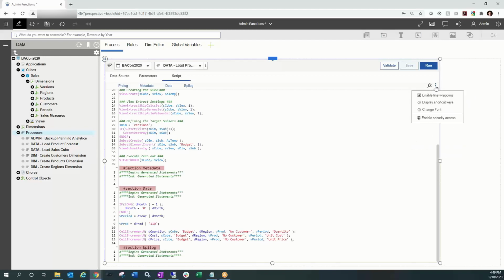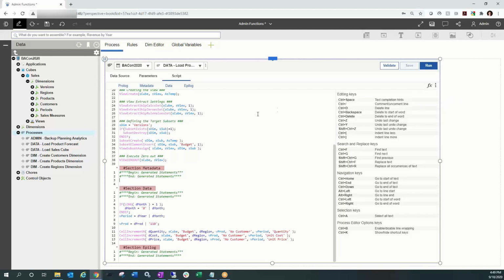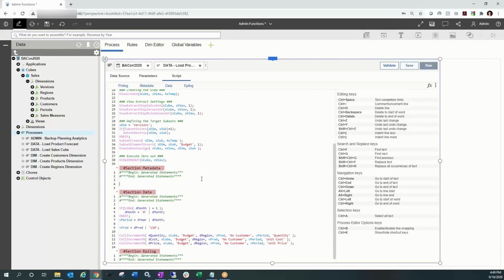And lastly, we have the ellipsis, and that gives us the ability to do line wrapping. So if we wanted to wrap code on multiple lines, display shortcut keys, which we'll spend some time on. We love these shortcut keys, especially the first one, control space, gives you a text completion. So for example, if I'm typing dimension element component add, and I don't really remember the rest of it, I just go control space bar and it gives me the